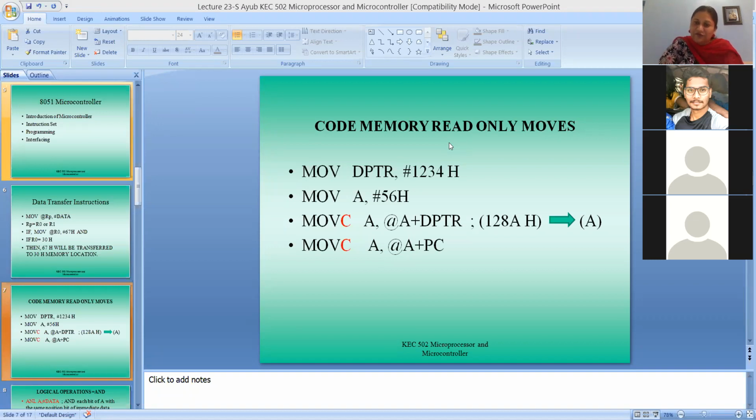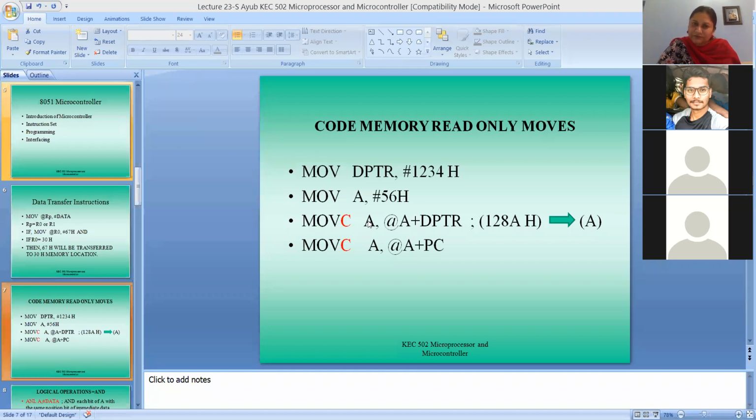So that's why we first form the lookup table for our system under measurement. First you find all the digital values and store them from one particular memory location. Then whatever your new reading is, that value should come into the accumulator, and you add that value into DPTR. You form another memory location which will contain your value for temperature or pressure, whatever your system of measurement, and that will come into the accumulator now.